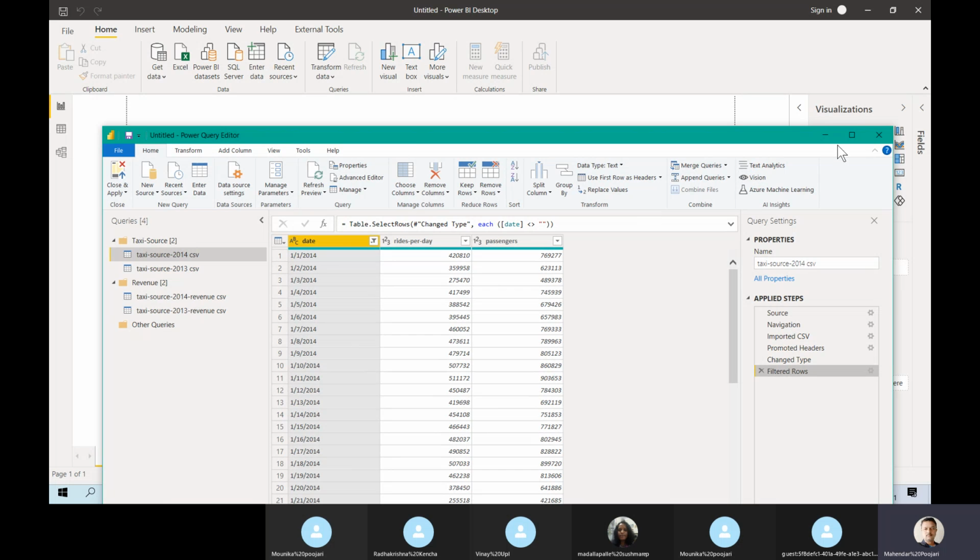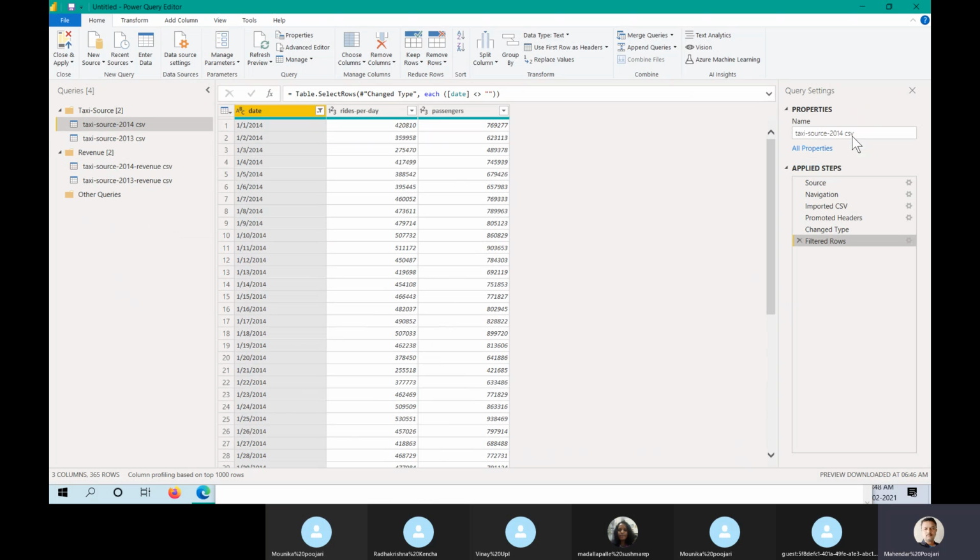Okay, as a work assignment, I will give these files. That is your assignment. Now what I'm going to do, I'll just use this source, this revenue, as one. But what you have to do, you have to create 2014 as one file, 2013 as one file, and merge again.